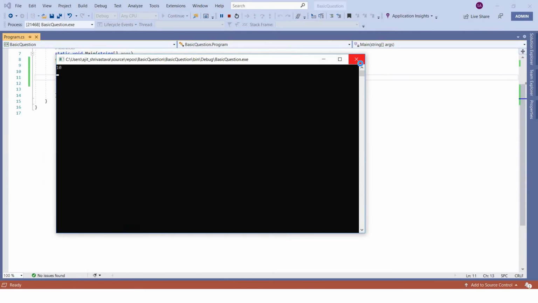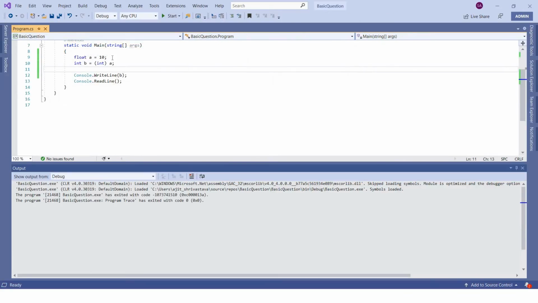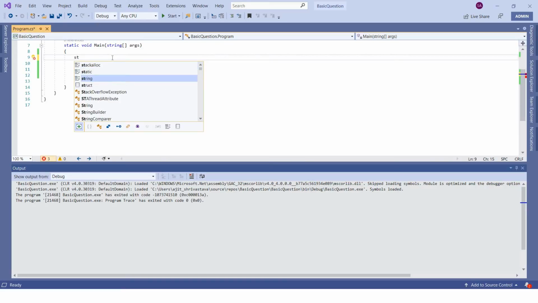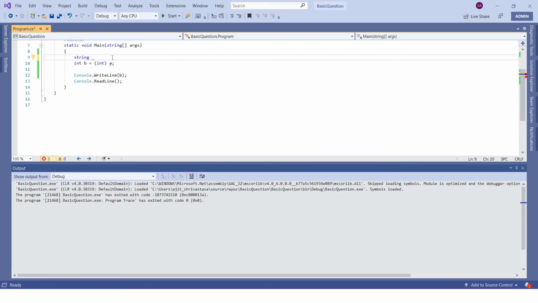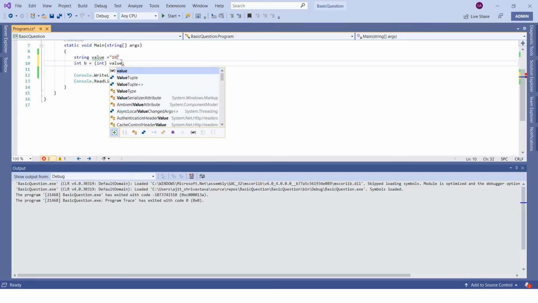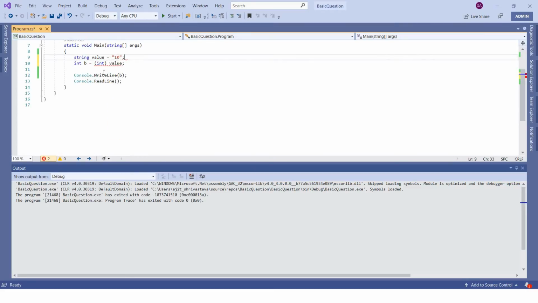Correct? Let's take another example. Instead of this float a, I am taking a string, string value equals, let's say, 10. Here I am trying to convert a string to integer, which is not allowed.